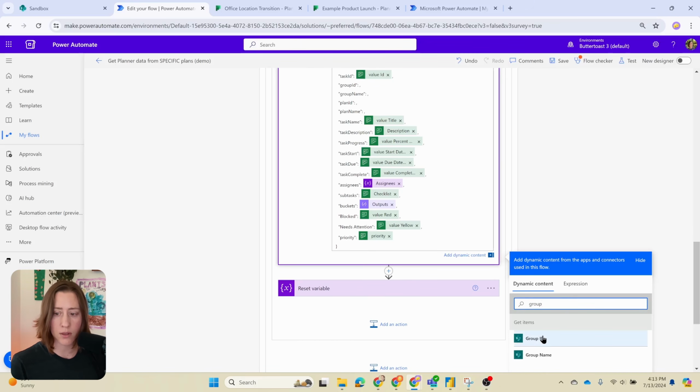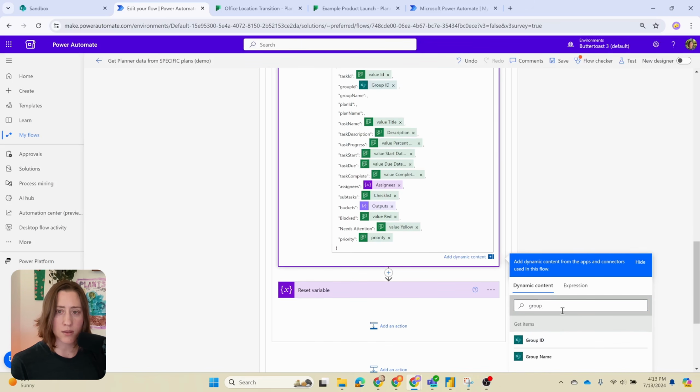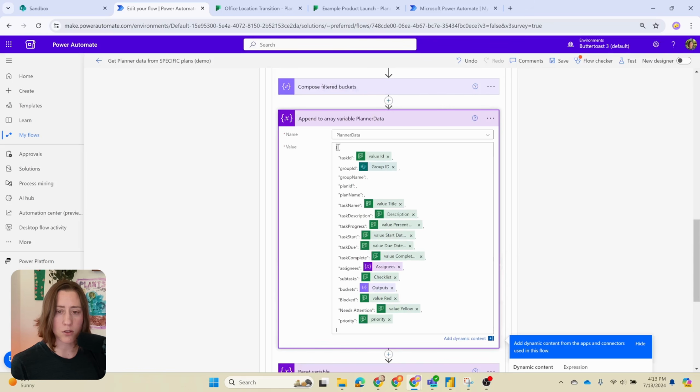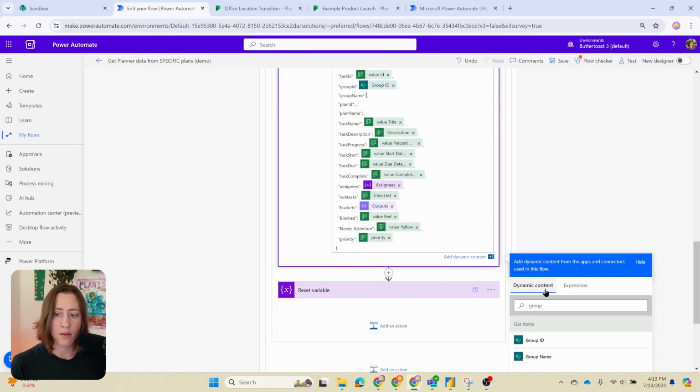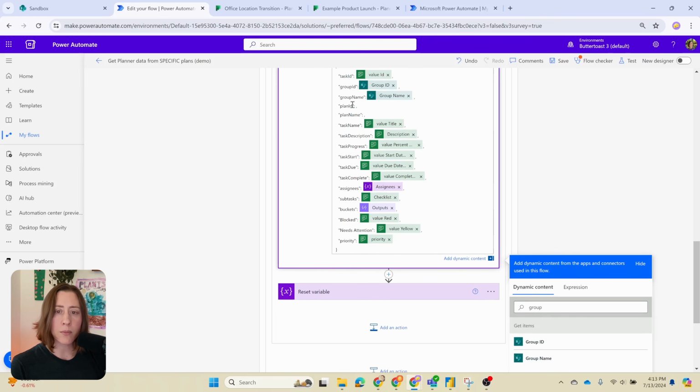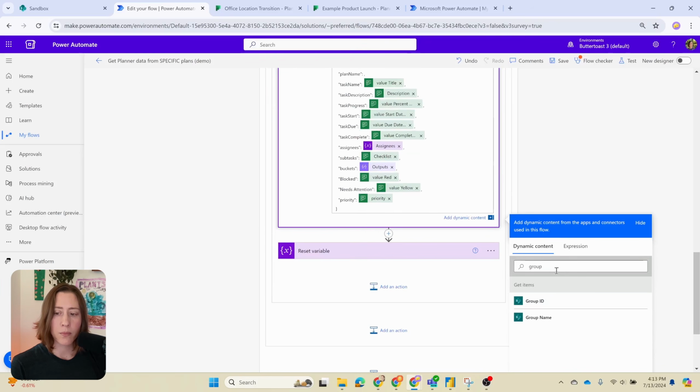That's cool. So when you insert these in here, it's going to move your cursor to a random weird place. So just note that you have to go back and click exactly where you need to put it each time, because if you just start... group name, we're almost done. Plan ID